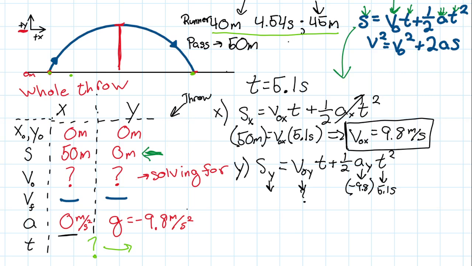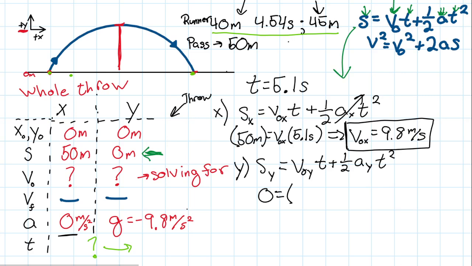And then s of y is going to be 0 because it starts at the ground level, it goes up, and then it comes back down to the ground level. Okay? Or, you know, hand height for the receiver and thrower, but either way, same height. So the change in height, which is s, is 0. S sub y is 0. And we plug this in, 5.1, and we'll make a nice little equation here. We've got 0 is equal to